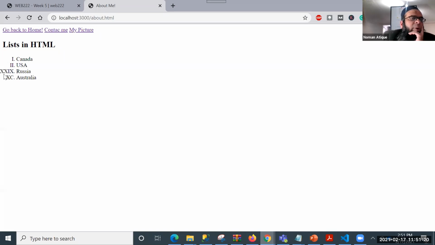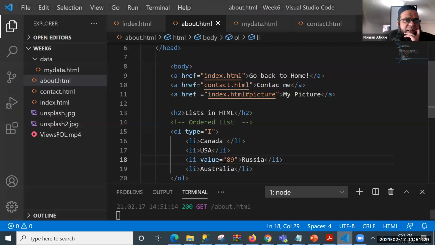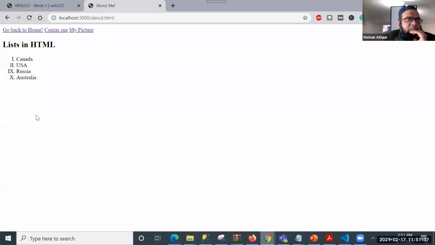It will say 89. Let's make it a simple one first, then we'll say 9. Let's save it and check this. Yes, it has gone to 9 and 10. Then the list continues afterward like that.